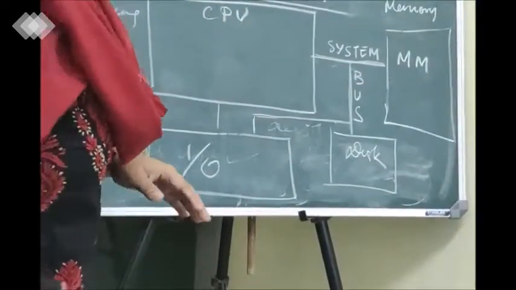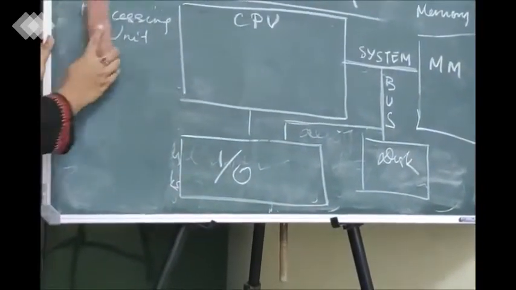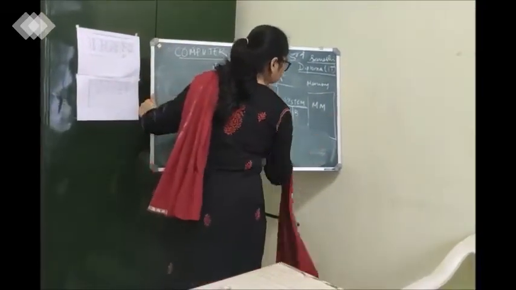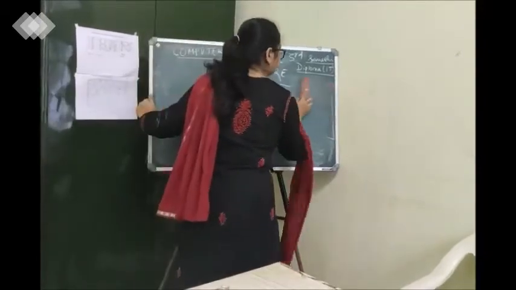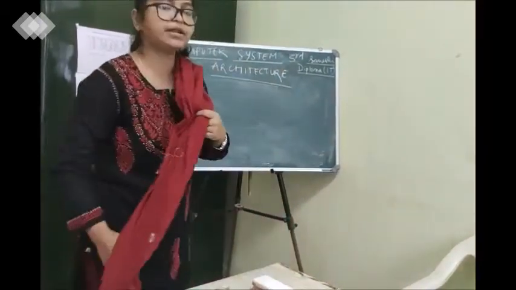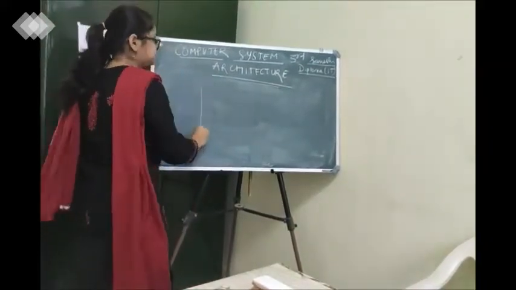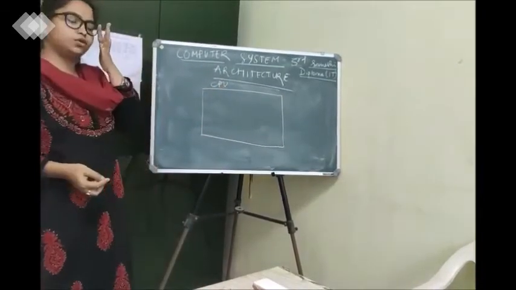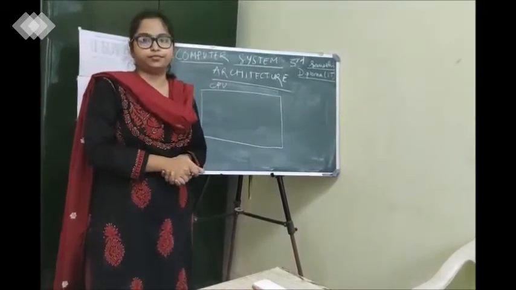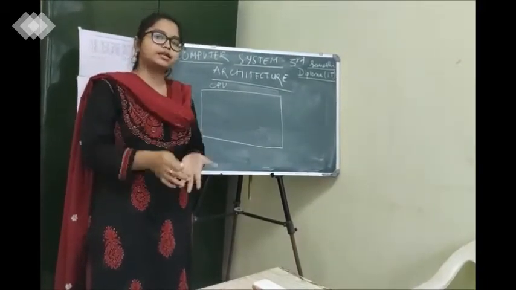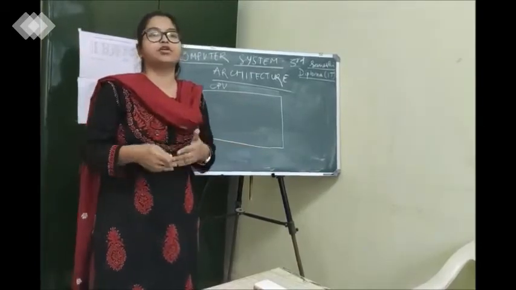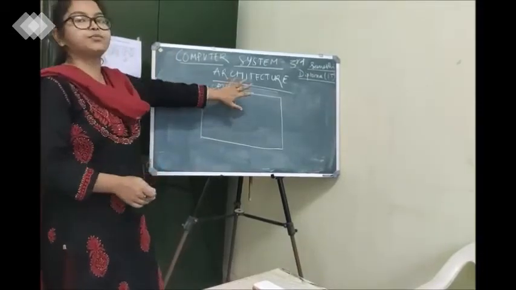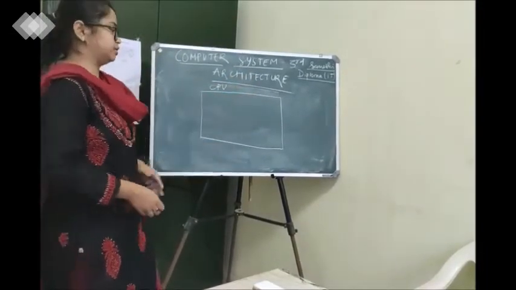Okay. Now we will study the CPU in a detailed manner. What is the CPU? How is processing done? I will give some brief idea, and we will carry on with memory addressing in the next class. So please pay attention. This is the CPU. The CPU's job is to process the input. Whatever input we provide through any source, be it keyboard or mouse, from any input device or from any user, if we give some data, the CPU processes it. Now, how does it process it?